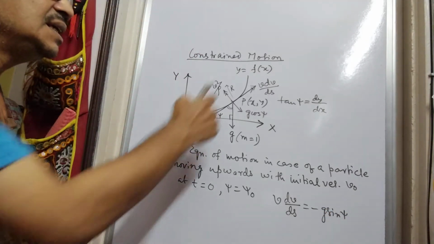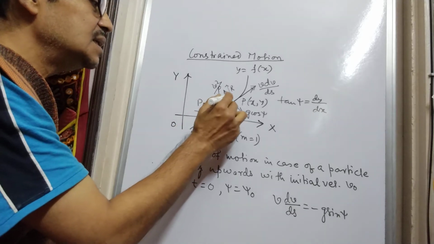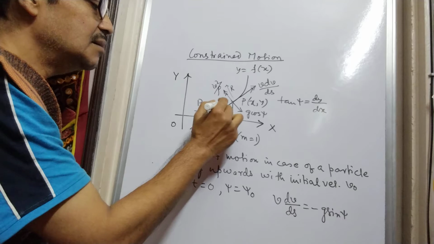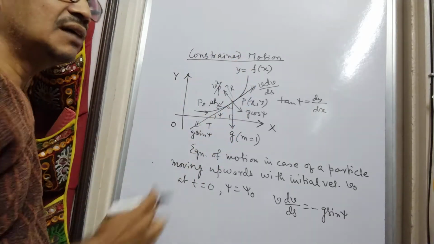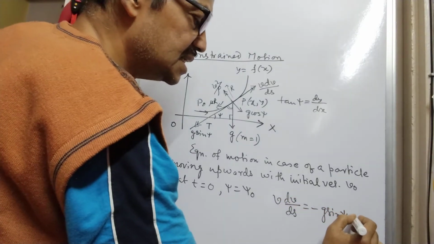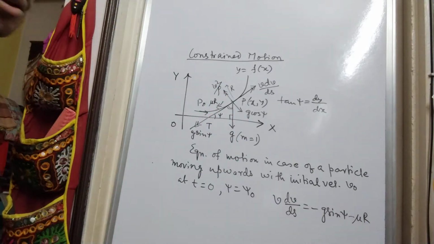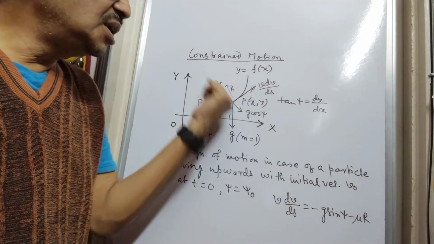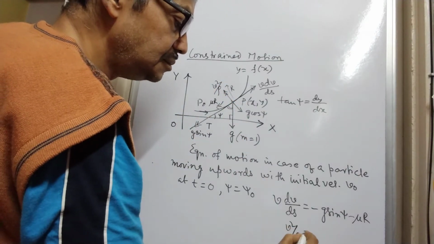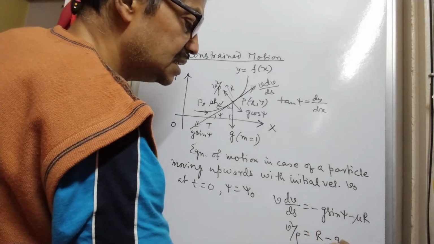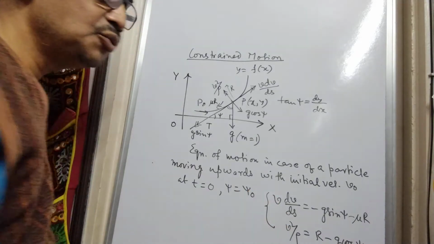and if we take the curve to be rough, not smooth, then since the reaction is R, a dragging force mu R acts opposite to the motion along the curve upwards. So this is minus g sin psi minus mu R. And resolving the components perpendicular to the tangent, we get that v square by rho is nothing but R minus g cos psi. And these two equations,